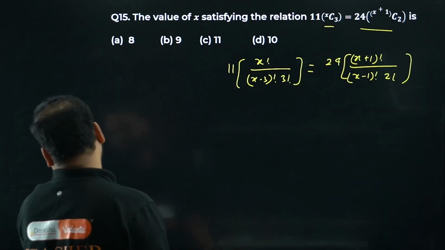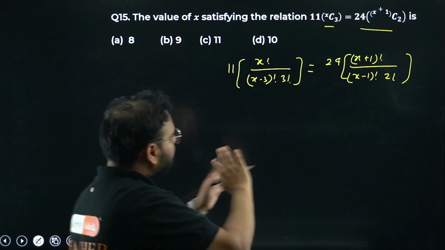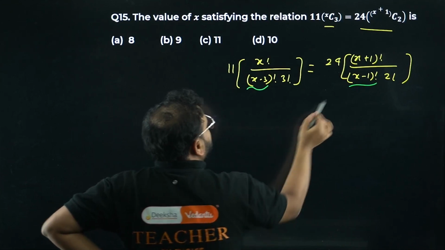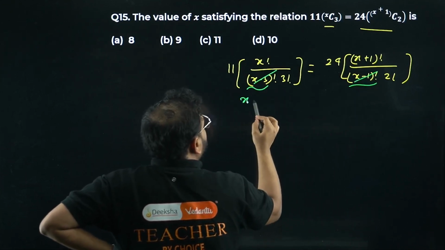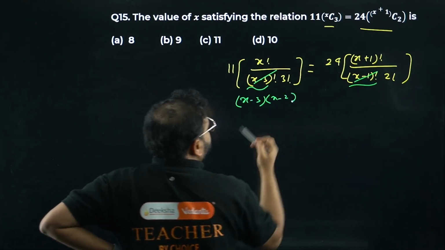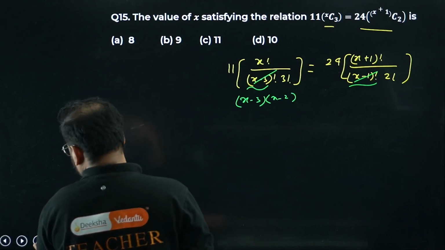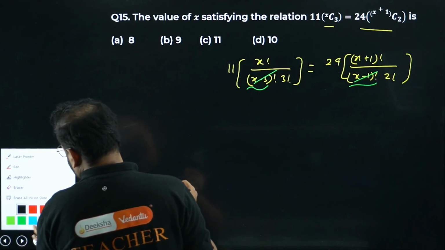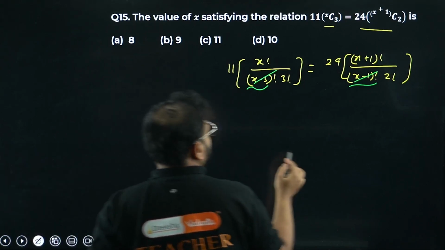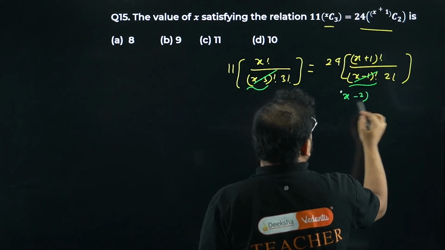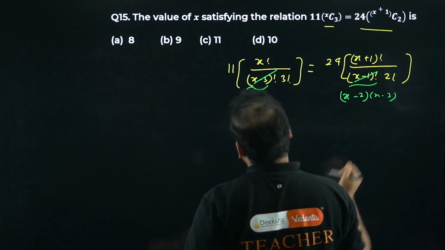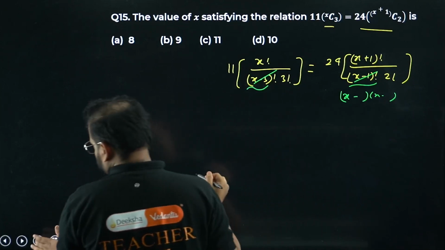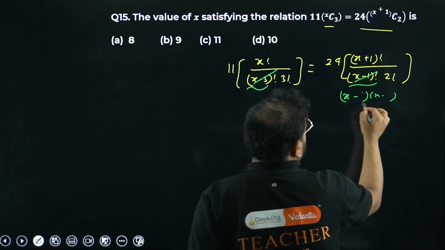Now please check very carefully. I can cancel something over here, but you have to be very smart doing that. You don't have to do a lot of work, just think in your mind. I have x minus 1 over here, x minus 3 over here. What is left now? If you cancel these two, you'll have left x minus 3 into x minus 2. Not on this side, actually, forgive me. This is smaller, so on this side you'll be left with x minus 2 and x minus 3. Sorry, what I'm doing, forgive me, my mistake, I didn't think about it.